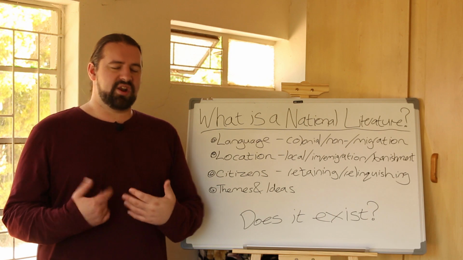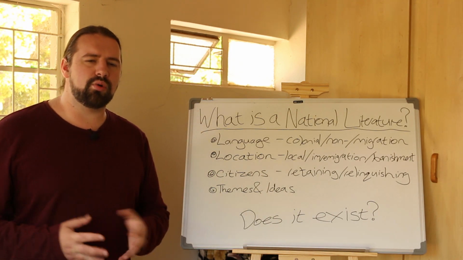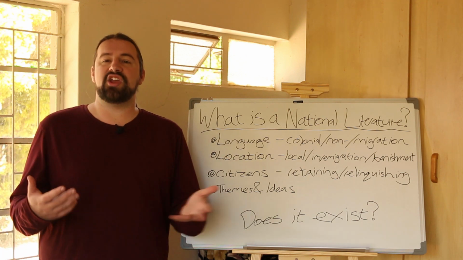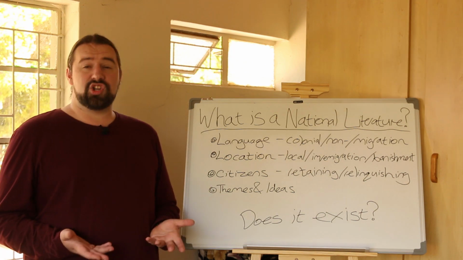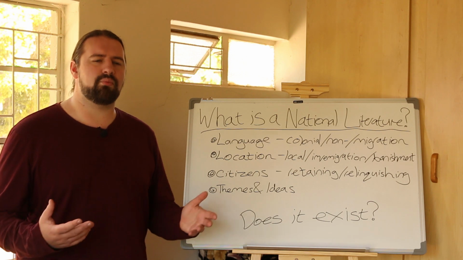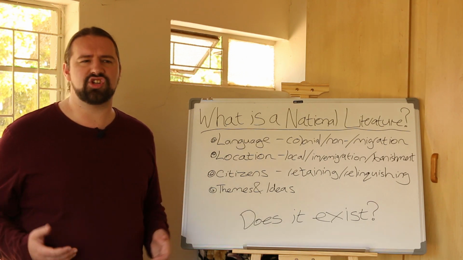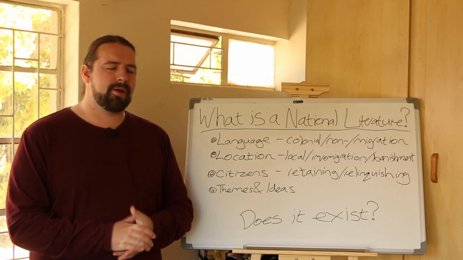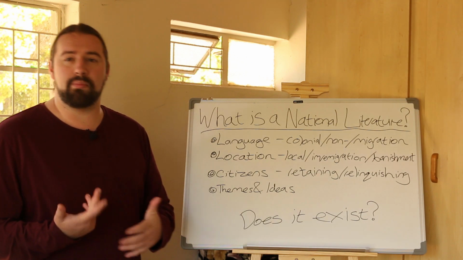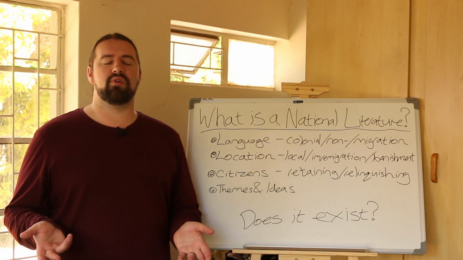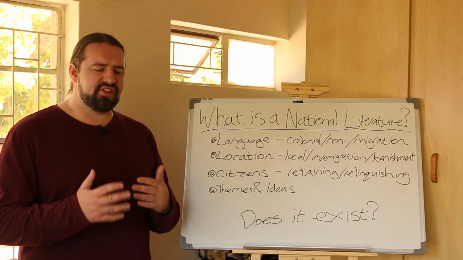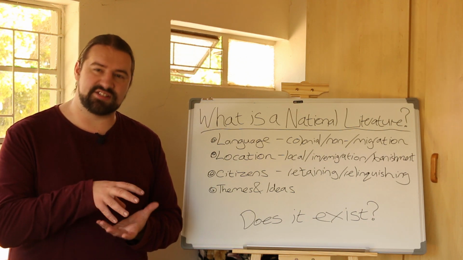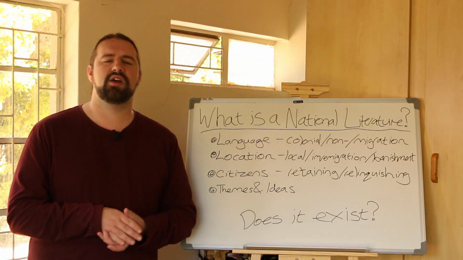When it comes to national literature, you're also looking at nation states and believing that nations actually exist. Nations are something we generally just take for granted. We say, of course nations exist. The thing is, nations are typically arbitrary lines drawn on a map. There is nothing special about a specific geographic location that necessarily means it is that culture.